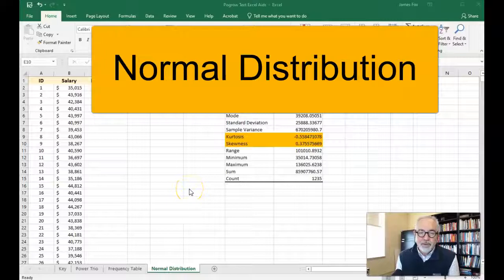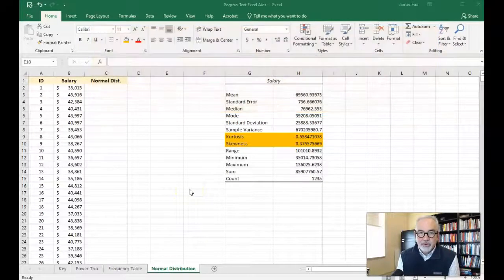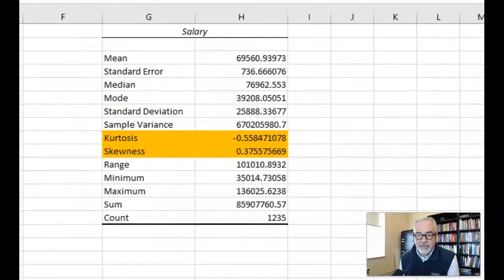Hi, the purpose of this video is to take a look at normal distribution within a data set. And typically we want our data sets to be normally distributed, specifically the dependent variables. In any case, the easiest way to determine if, for example, the salary data set here is normally distributed is to take a look at the descriptive statistics, and you'll see a number called kurtosis, and then